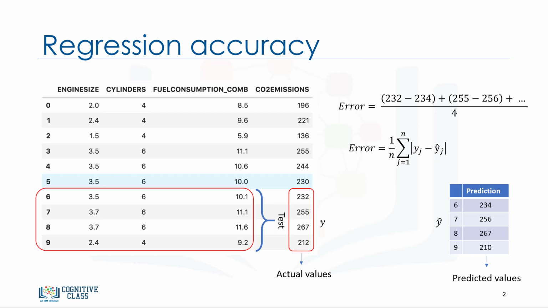Evaluation metrics are used to explain the performance of a model. Let's talk more about the model evaluation metrics that are used for a regression. As mentioned, basically we can compare the actual values and predicted values to calculate the accuracy of a regression model. Evaluation metrics provide a key role in the development of a model as it provides insight to areas that require improvement. We'll be reviewing a number of model evaluation metrics, including mean absolute error, mean squared error, and root mean